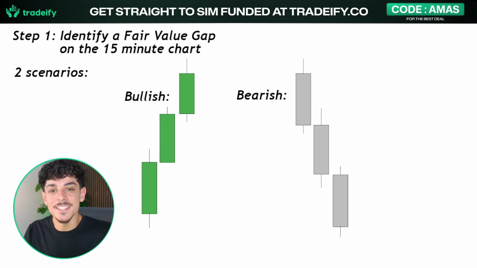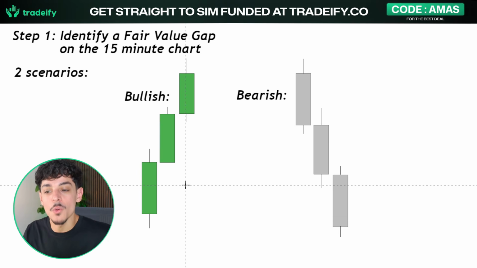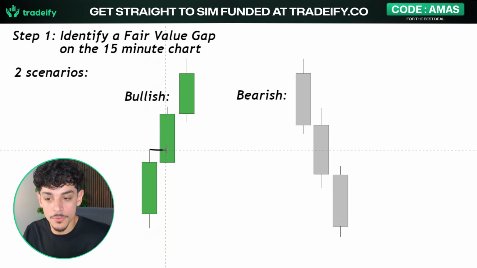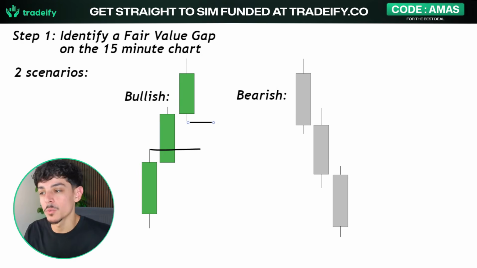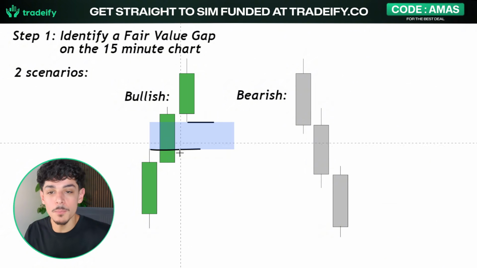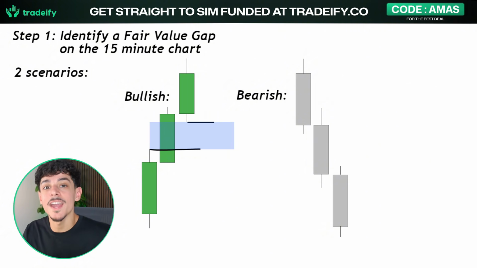Now you're probably asking, what is a fair value gap? A bullish fair value gap is a 3 consecutive bullish candle pattern where the up wick of the first candle doesn't touch the down wick of the third candle. And what does that create? A fair value gap. And what is this fair value gap telling us? It's telling us who's in control of the market. If we create bullish fair value gaps, it means that the buyers are the ones being aggressive and are controlling